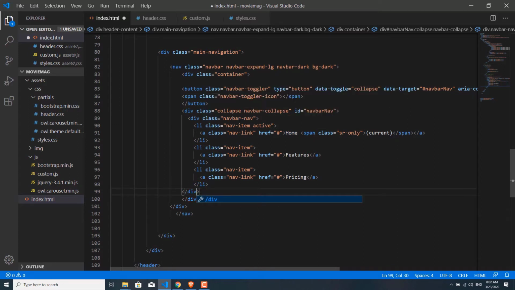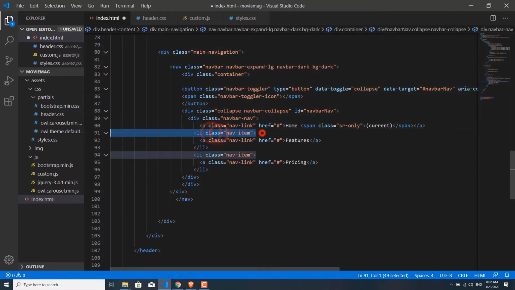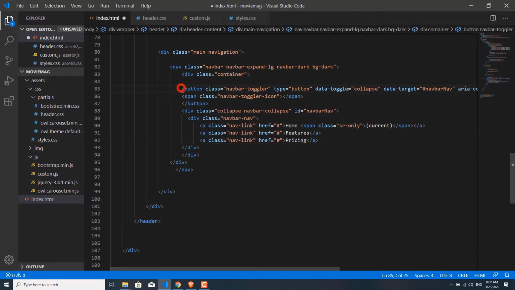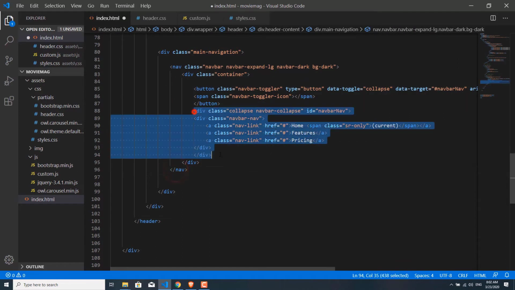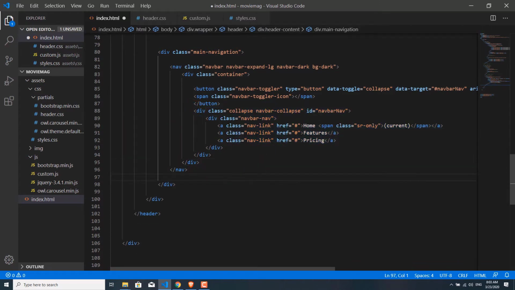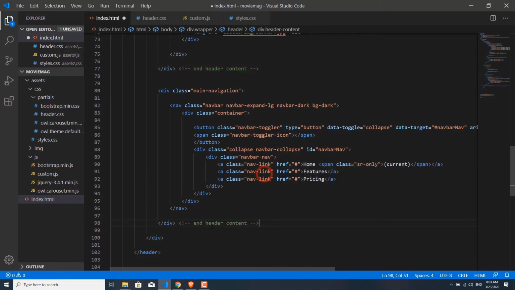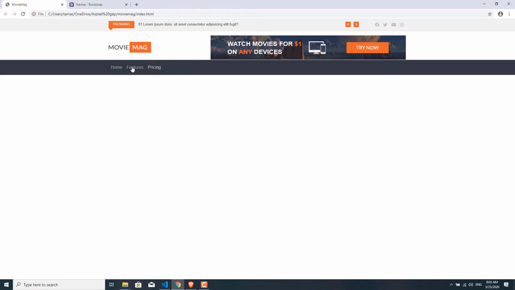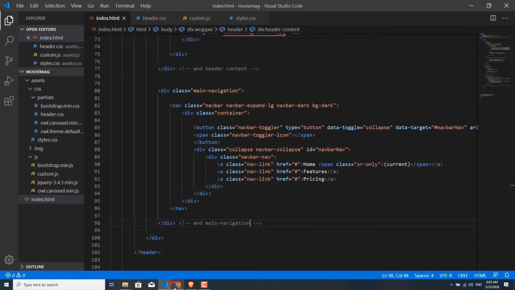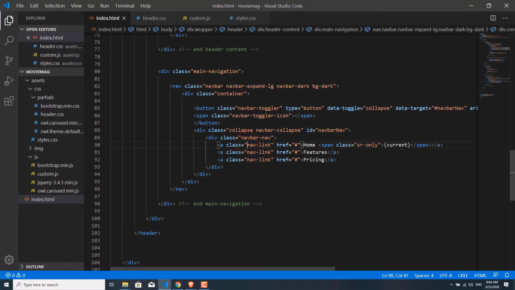We don't need the unordered list here, less code is better, and we can just remove the lis. Okay, so let's just clean this up a bit. Okay, now it looks much better, and here just add the comment. Okay, and now we just need to add some styles to the links. Oh, and one more thing, we need to add a nav item class here, and maybe we can add an active class to the first item,